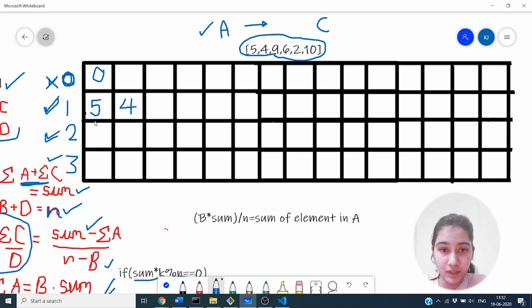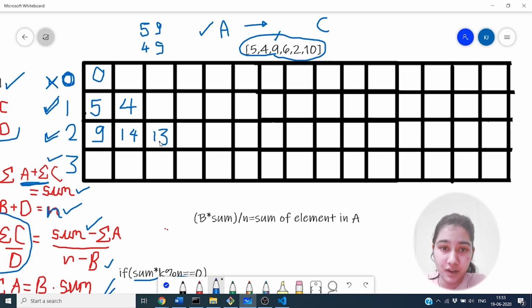Then the 2 possible elements are 5 and 4, so the sum would be 9. Now iterating to the next element, 9, the 2 possible values are 5 and 9, or 4 and 9, so the sums would be 14 and 13.